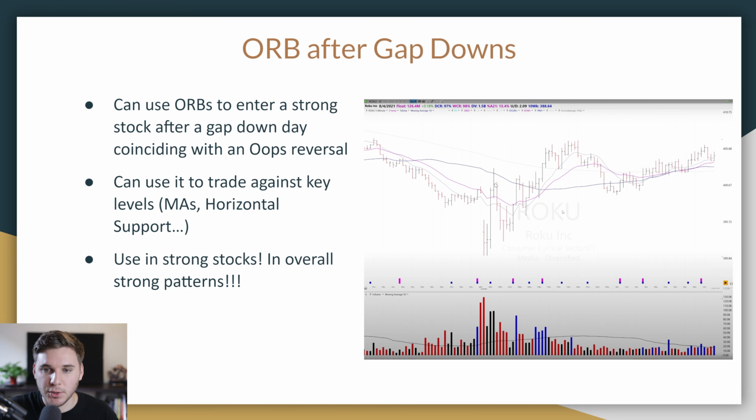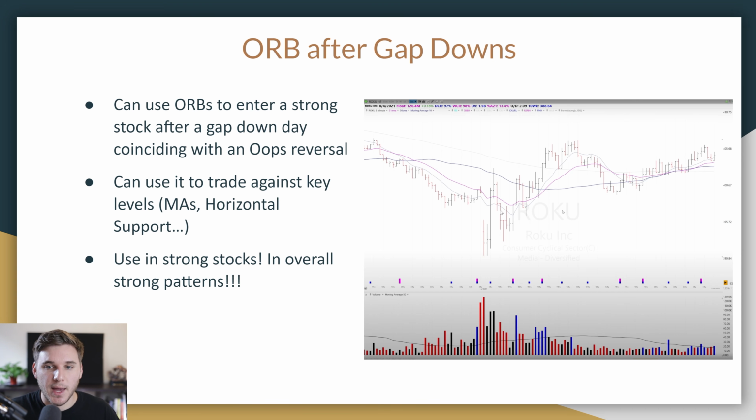You can see it actually failed the oops reversal, pulled back to basically the pivot of the opening range breakout, never undercutting the low, which is where your stop would likely be. And from this point on, we start a nice multi-day trend. So getting in right here and keeping that risk tight allows you to really have a great risk reward ratio if it does pan out and start a multi-day move, which is the ultimate goal with an ORB or an